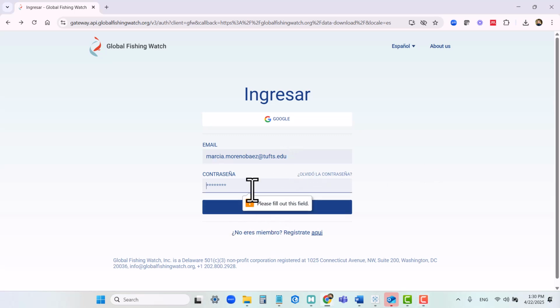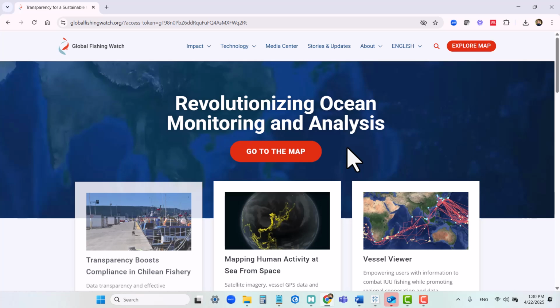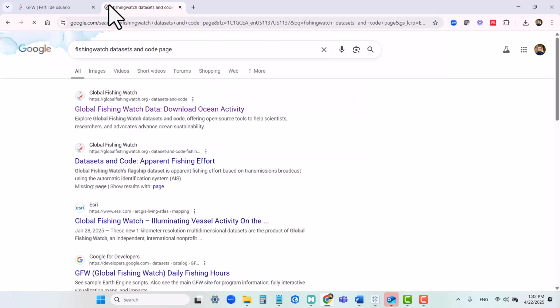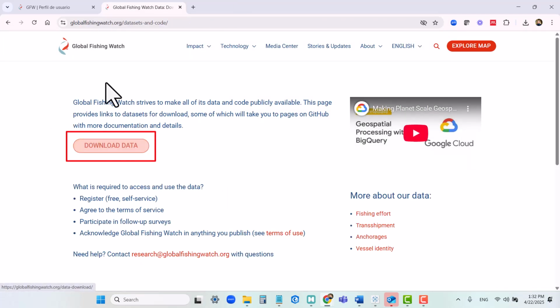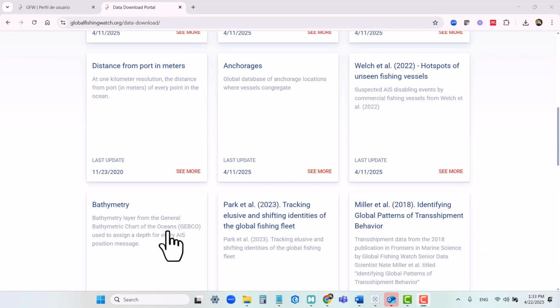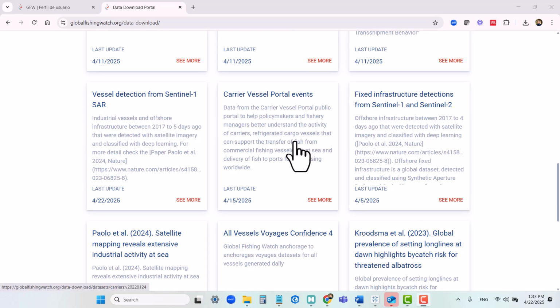So you need to begin by visiting the Global Fishing Watch website and logging into your account. And once you're logged in, you have to navigate to the data and download section. So you can type in any browser those keywords. And once you click on that website, you will